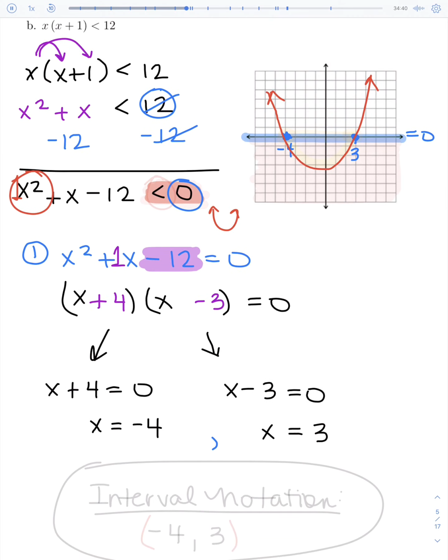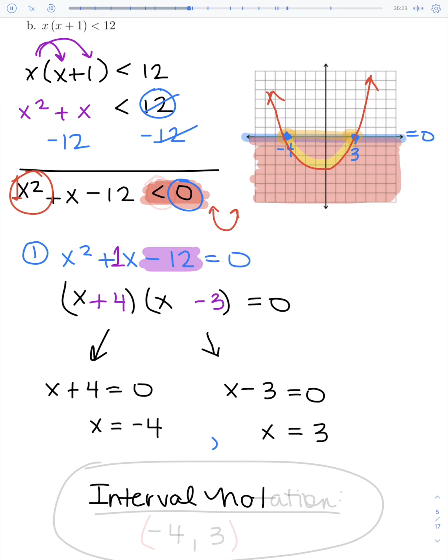Now the question is, what was I looking for again? Well, remember I wanted which part of my graph was less than 0, meaning below the x-axis. Let's see, which part of this graph is below the x-axis, is falling in this shaded region? Well, there's only one part. It's this little dip. Notice that's going to be a really nice one. The interval notation, reading it from left to right, starts at negative 4, ends at 3, and continues everything through the middle. So our answer for this one in interval notation